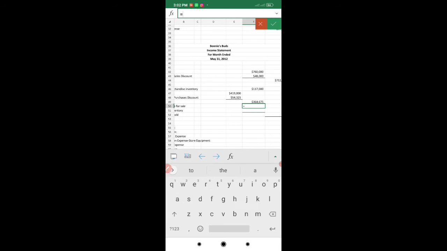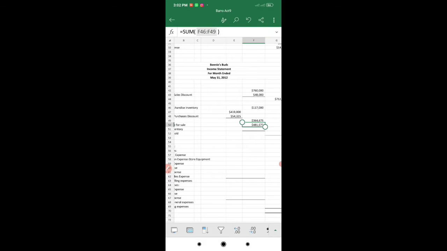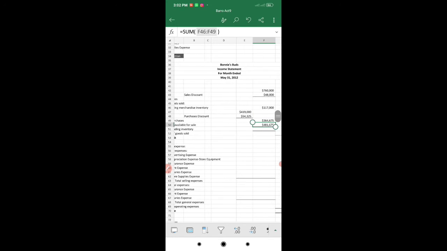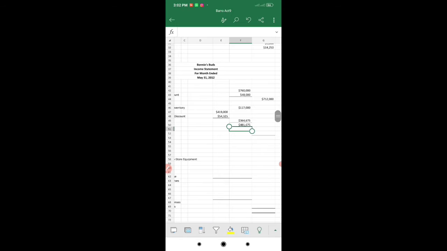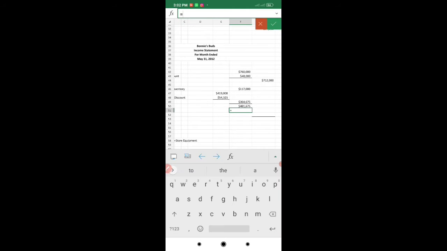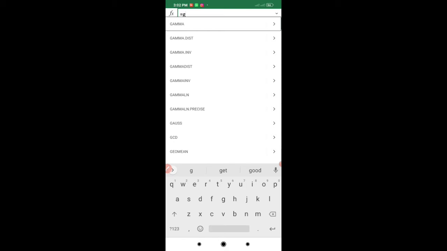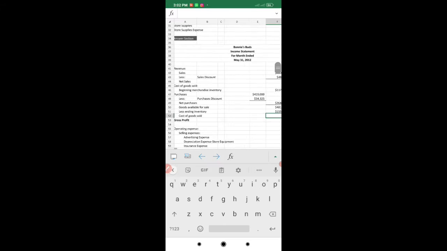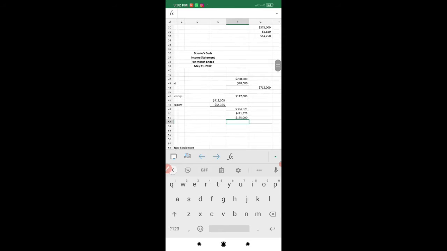Equal the sum of these two, and the amount will be automatically calculated, less the ending inventory, which can be found in G18, and the cost of goods sold will be